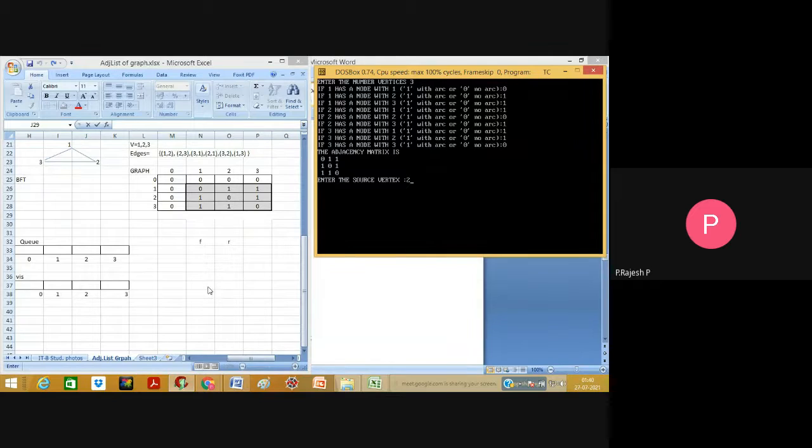So into the queue, first 2 is there. For 2, what are all the adjacent nodes? 1 and 3 are there, right?